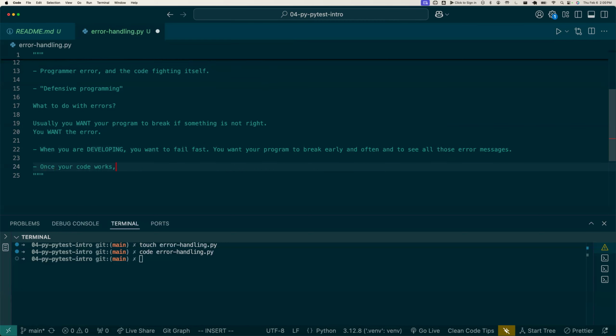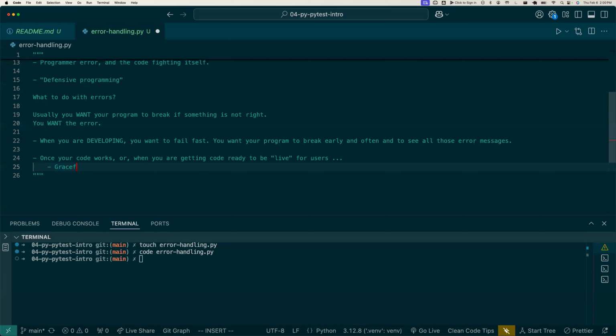Once your code works, or when you are getting code ready to be live for users, then graceful error handling, so the website doesn't break if the user enters a bad value into a form, is important, right? Graceful error handling so that errors don't break the whole program is important when things are live and deployed